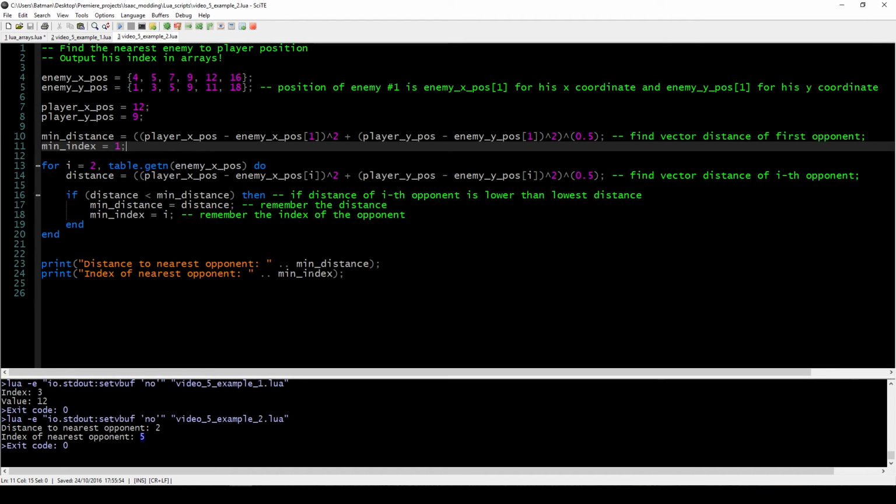So in this situation, you can see how you can actually use for loops and if statements and arrays to access information that is very useful to us, in the sense that you can access this data sequentially and then of course perform certain operations on them. And I hope that with this example you can see how this could actually be used in modding. Up until this point we can't do really much, but at this point